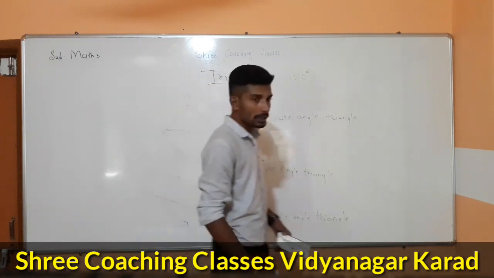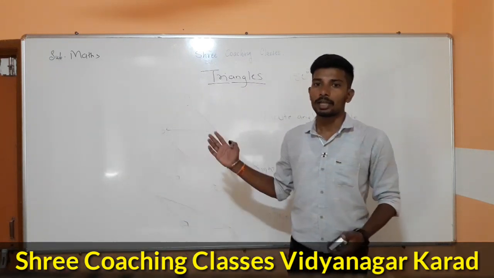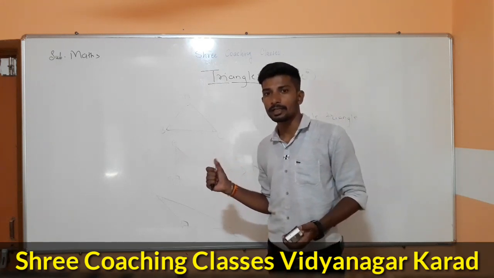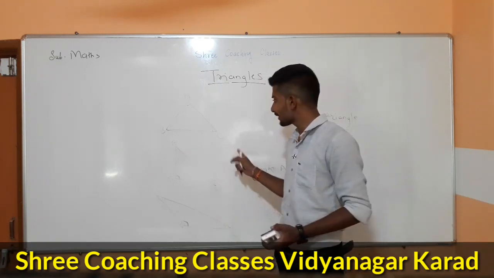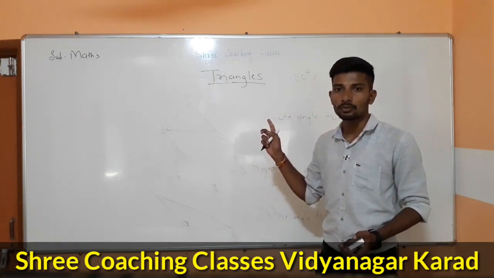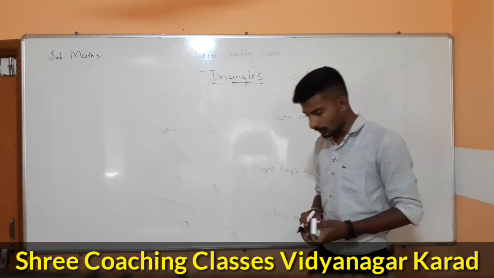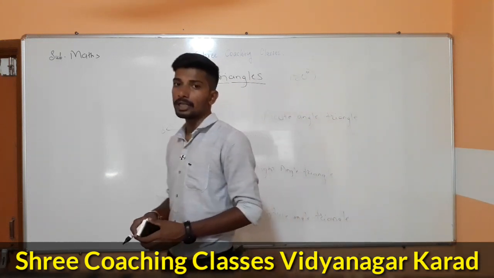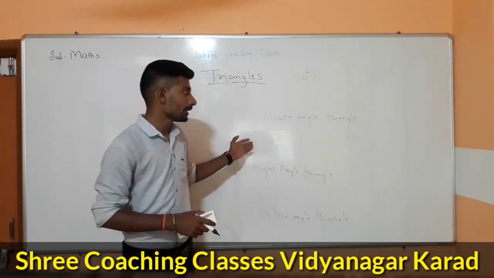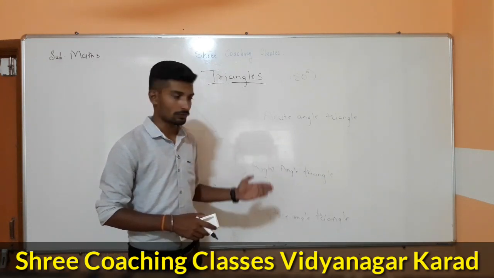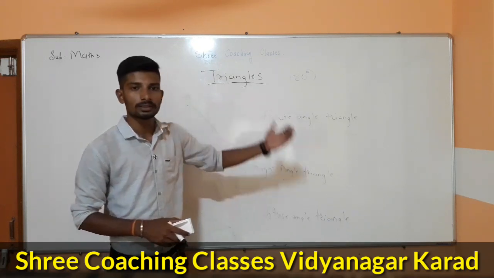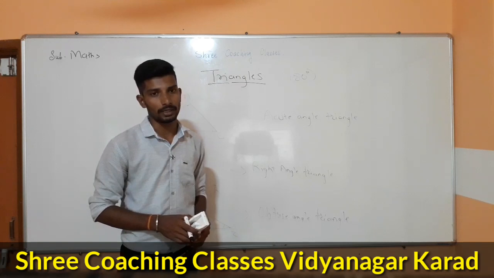You have to revise this 10 to 10 times. Okay, all students should concentrate here. These triangles, names of triangles, types of triangles are very important to everyone. Okay, our next topic will be on quadrilaterals. Tomorrow we will see this next point on quadrilaterals. We have first seen the angles, now triangles, then tomorrow we will see the quadrilaterals.